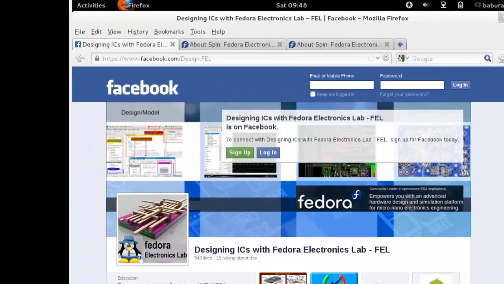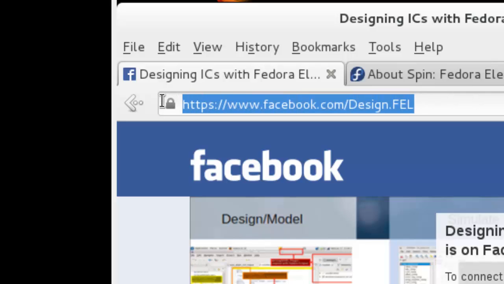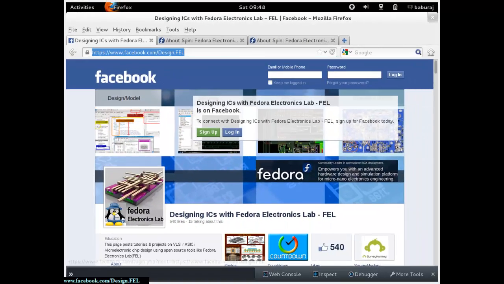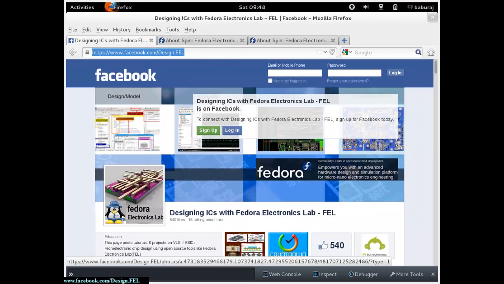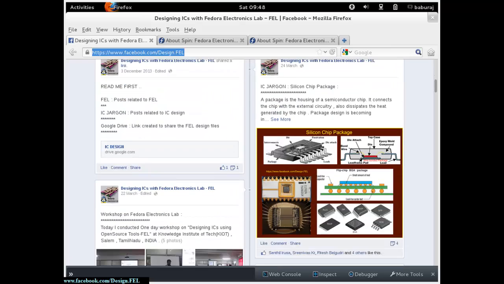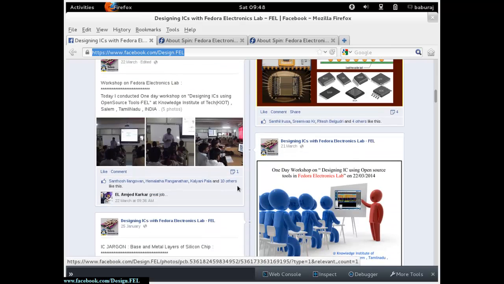Now open the browser, either in Windows or in the Federal Electronics Lab, and type facebook.com/design.fel. So this is the Facebook page which has been set up to teach and to coordinate the Federal Electronics Lab activities. If you scroll down the page,